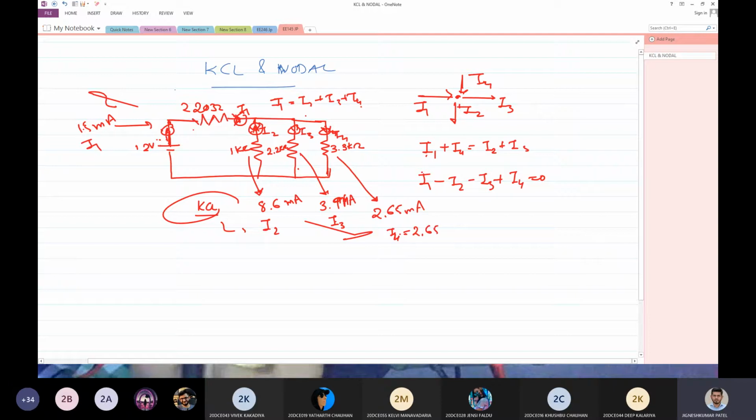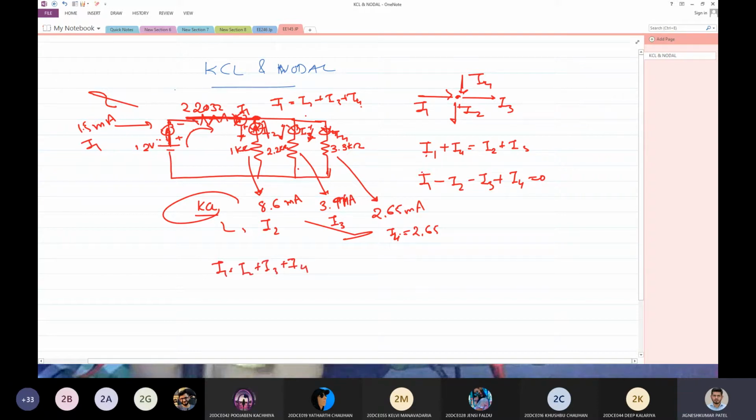2.65. Now I have connected my ammeter with the positive and negative like this, so I can see my current was flowing like this because I was getting positive current. Same way here I have used the same polarities, so now I know my current flows like this in all branches. So I can say this is my incoming current, and at this node I1 is incoming and I2, I3 and I4 are outgoing. So I1 is equal to I2 plus I3 plus I4.